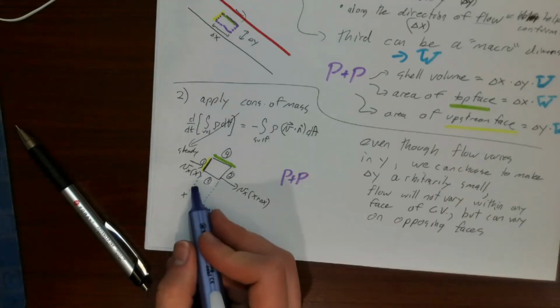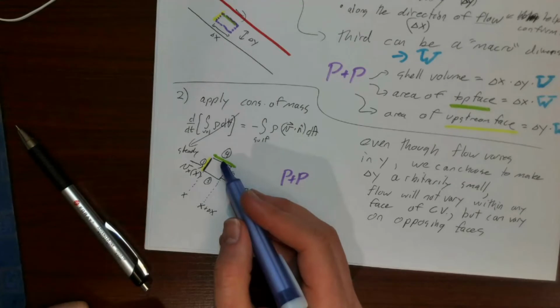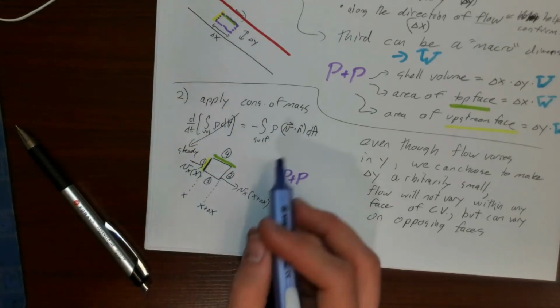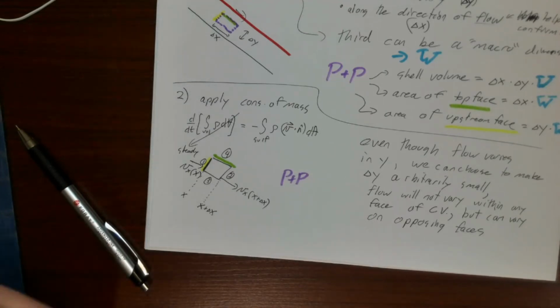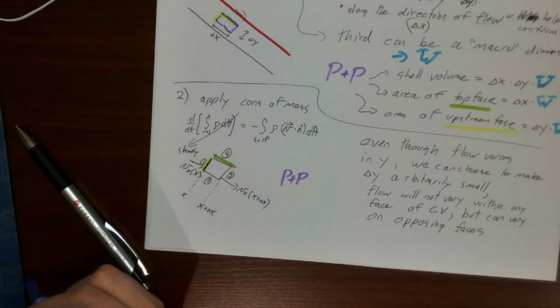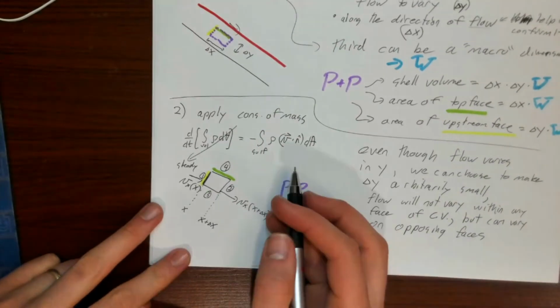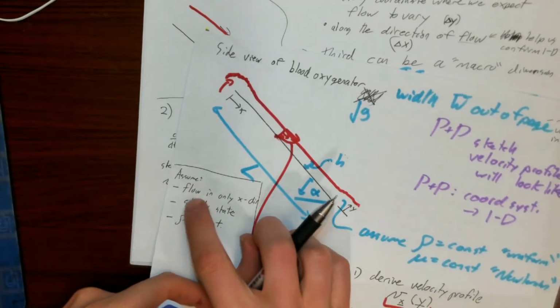Do I need to include any other velocities going on? So for conservation of mass, do I need to include any other velocities? Well, not really. So we basically said if we go back to our assumption that flow is only in the